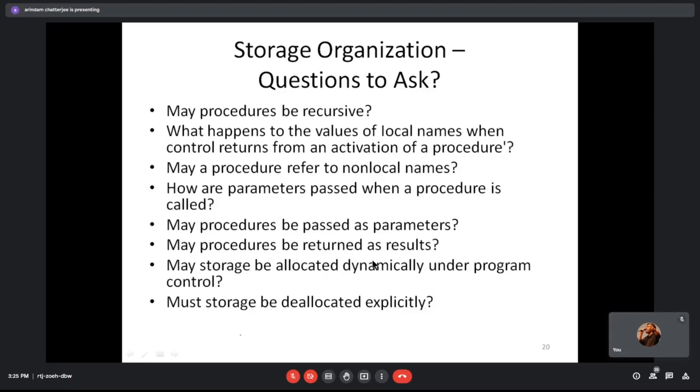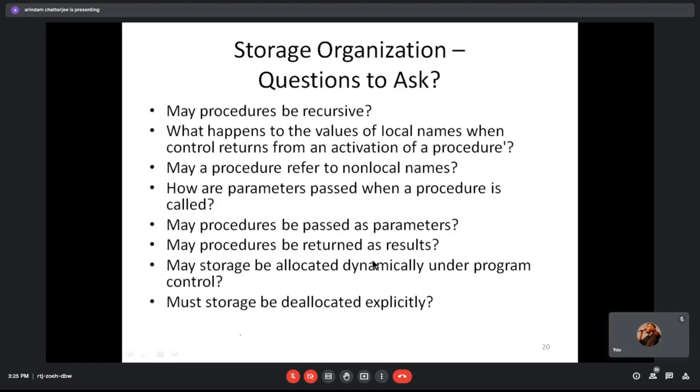Can a procedure refer to non-local names? It's a very important point. Non-local doesn't mean globals. Non-local means, can I use some kind of a scope operator to refer to a variable which is defined in a separate function? Like in C, all functions are at the same level.